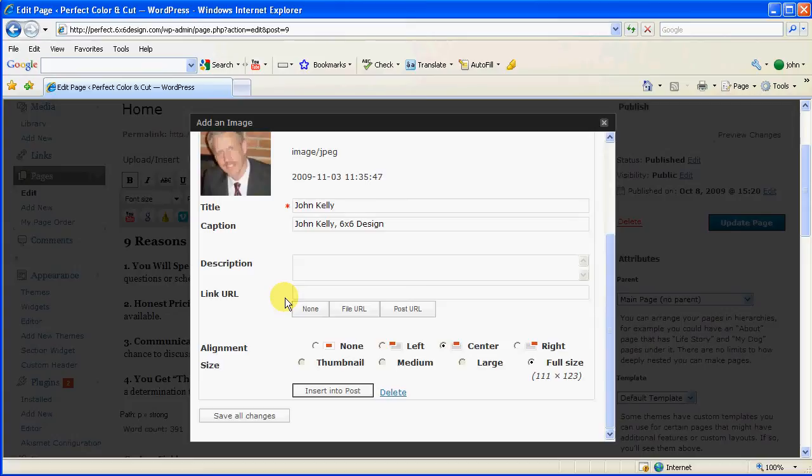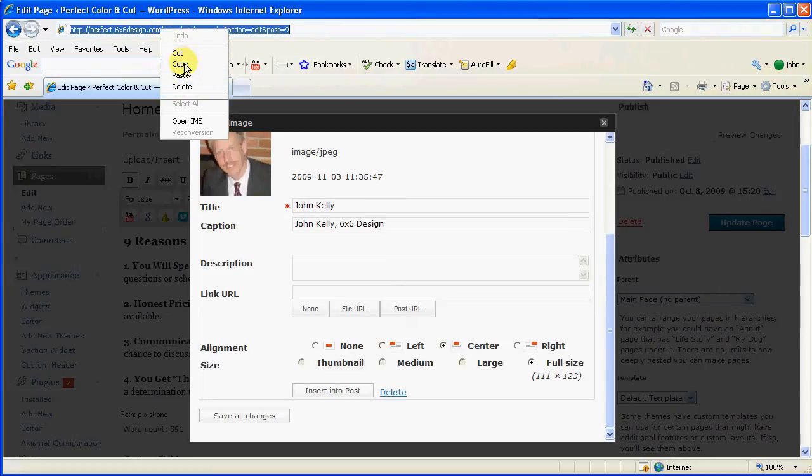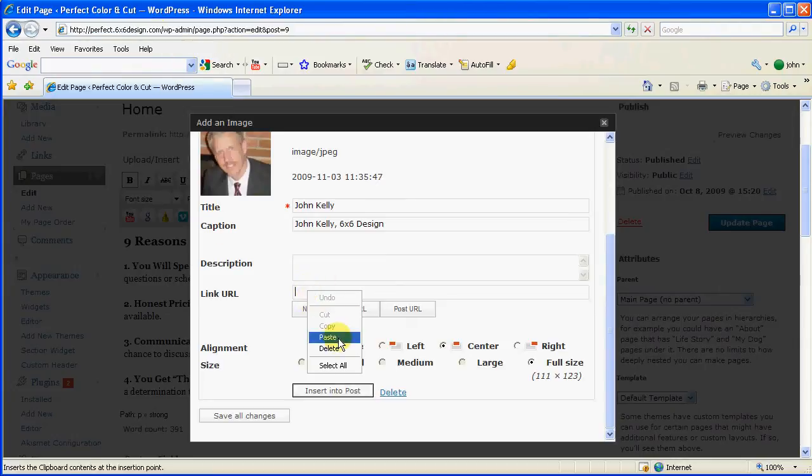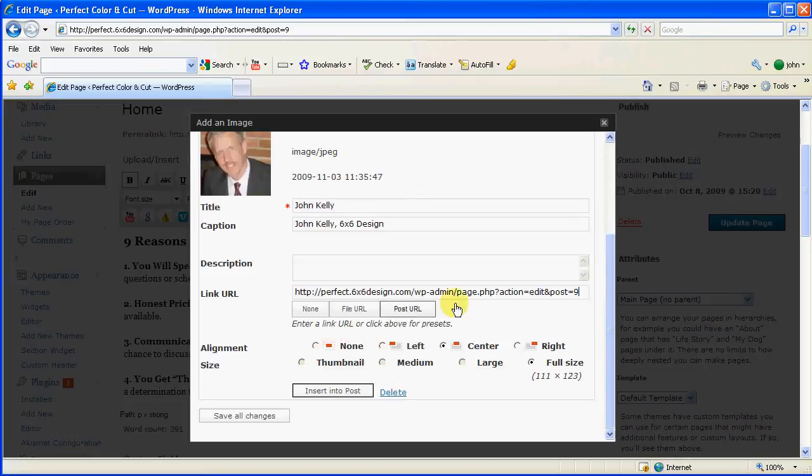So to make a link, go find where you want to link it to by going up top here and copying and pasting whatever that page is you want to link to. Simply copy that and paste it, and that'll make a link. If we want to make a link just out of this and go directly to the home page, I'll just put that right there. Okay,